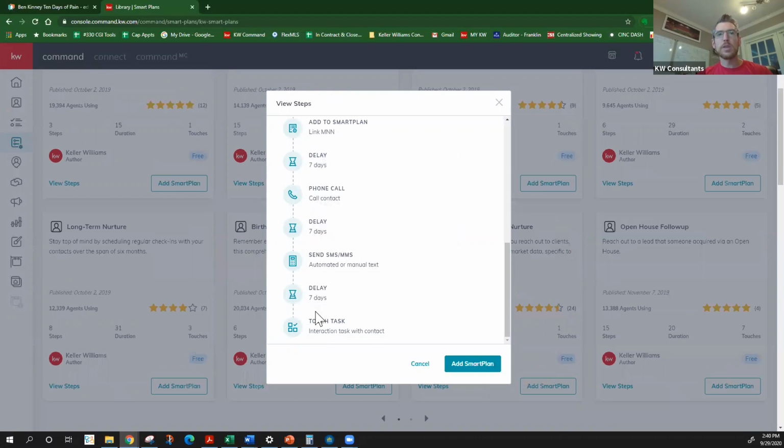And so then the idea of that, and I apologize, I actually put 8 touches in 8 days and it should be in 8 weeks. So that was a mistake of mine on the slide. But the goal of the 8x8 is really, again, if we think back to that mind share, to solidify our position in the client's mind as the go-to person for real estate. And so what you're doing through this is, if there was somebody else in their mind when they thought of real estate, this should solidify through the series of events that if they need something, they need to call Melissa to get that information.